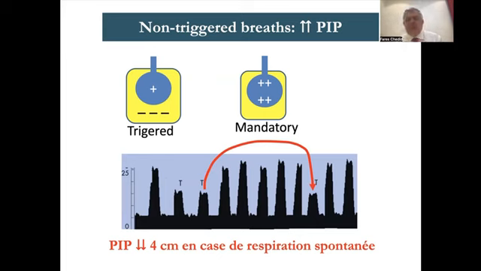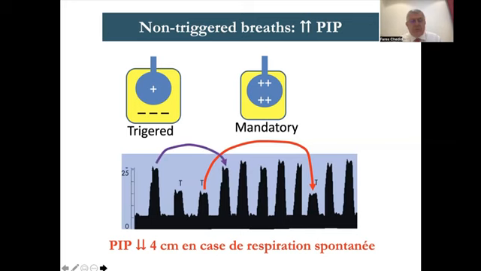So what I suggest you do: put a high level of triggering, so that the patient is unable to trigger, and then start decreasing the sensitivity of the trigger bit by bit. You decrease the button till the patient starts to trigger. You don't allow resistance to trigger; you allow very high sensitivity. You just keep decreasing the trigger sensitivity until, at the end, the patient starts triggering. Then you say, this is the level at which I will put the patient, because this way I know he will trigger the breath and he will have less PIP.